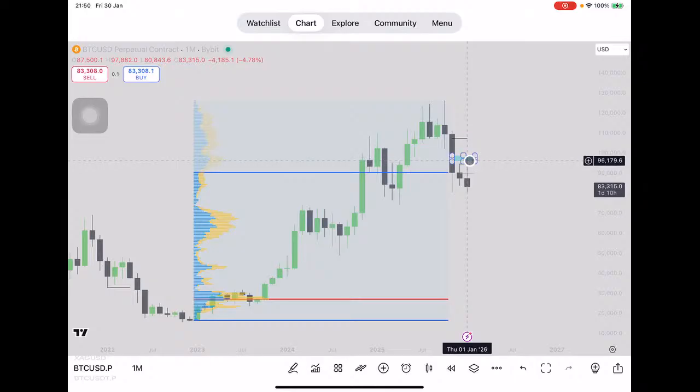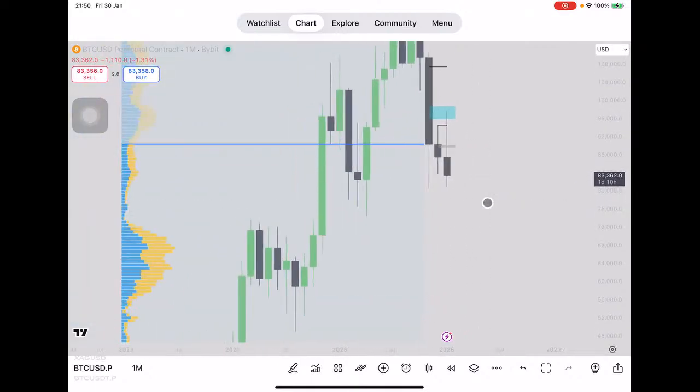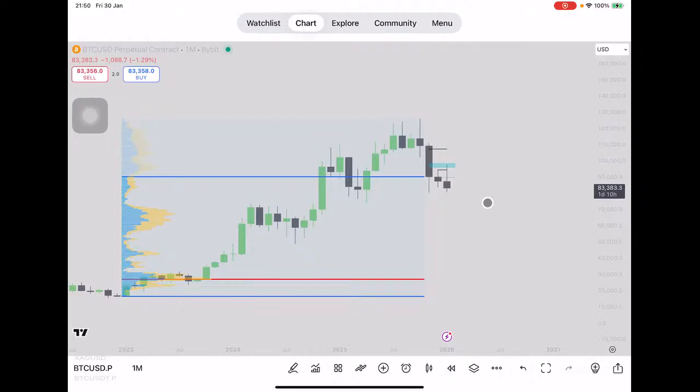So it goes up, wicks into it, and then we get rejected, right? That little gray box over there, that's on the daily time frame, the level that I marked as resistance. And now this blue line, that's the value area high. So breaking into it, I'm just not a fan because, well, the point of control is all the way down here, but this high volume node, this little cluster right here, that's what I'm looking at as the next